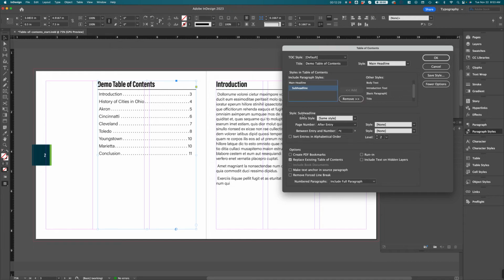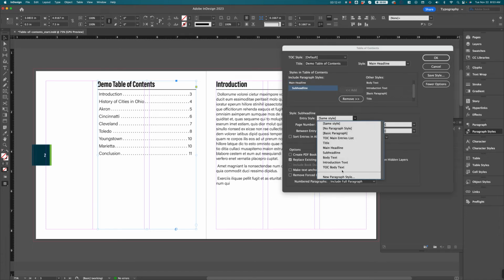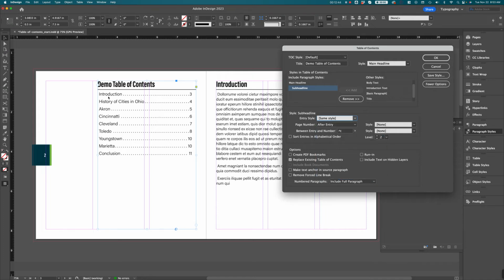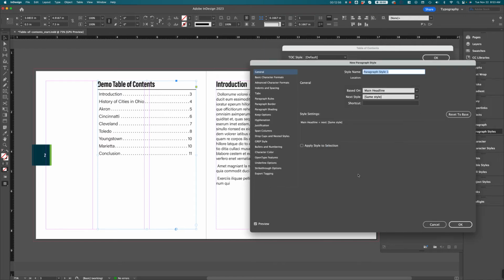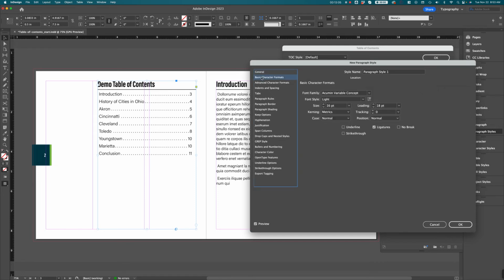And you see with sub-headline now, style for sub-headline, I can select another style for that if I want, or I can create a new one, which I think I'm going to do because I want to inset those a little bit. So with sub-headline selected, I'm going to create a new paragraph style. I'm going to base it on my table of contents main entries list. I'm going to change the point size to 14. And I think I want those to indent a little bit. So I'm going to give